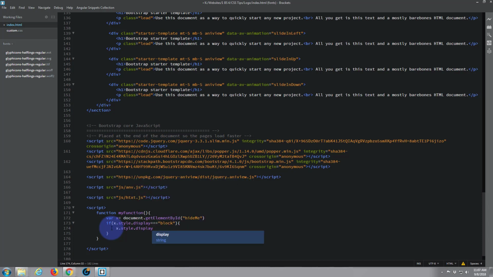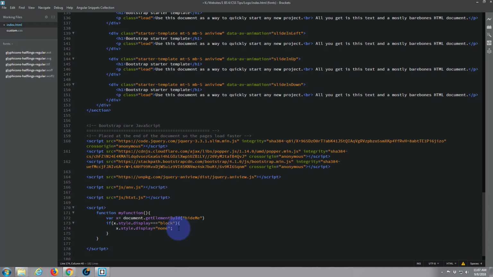Display equals none. Of course we've got to give it the other part of the argument. So if it's displaying block we want it to display none, or if it's not displaying block,